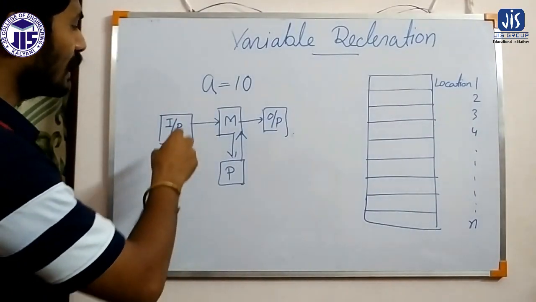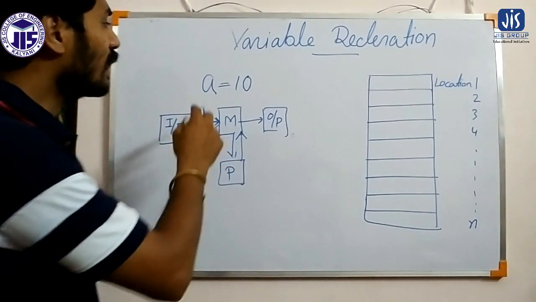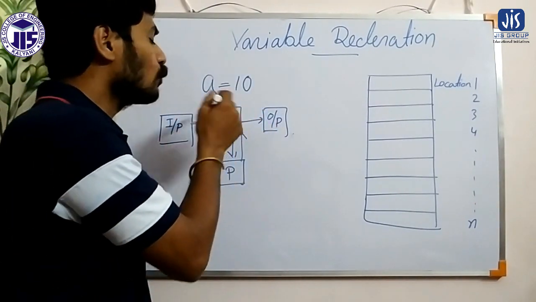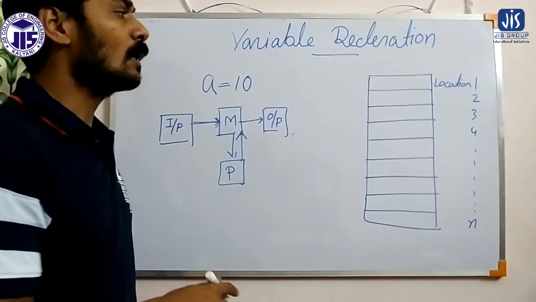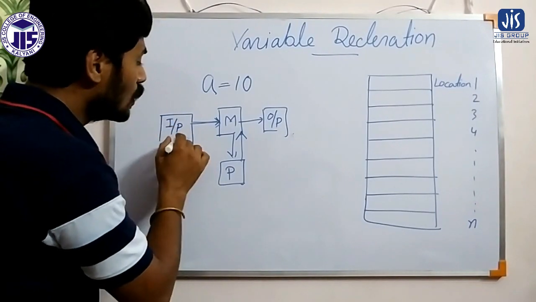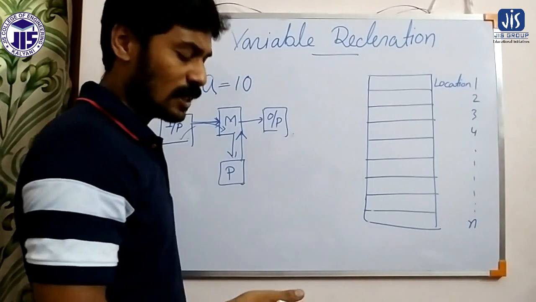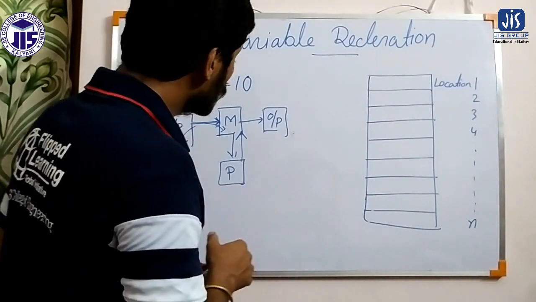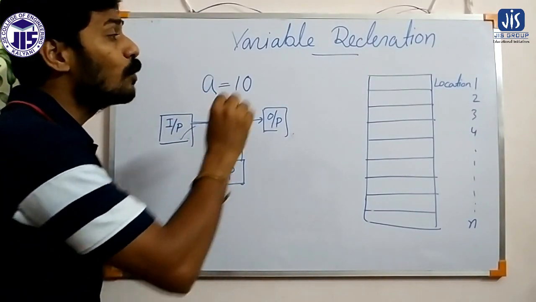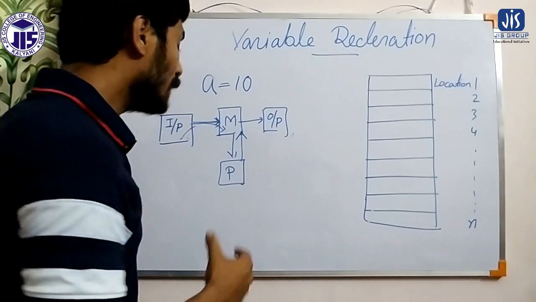So whatever inputs we are taking here, that will go to the memory first. If I write a equals to 10, that is basically an input, or through a scanf statement if you take an input, that input will first go to the memory. So here this is the memory location. The memory consists of different numbers of locations. So the question comes that this data that we have taken as input, in which location will it get stored? That is not defined.